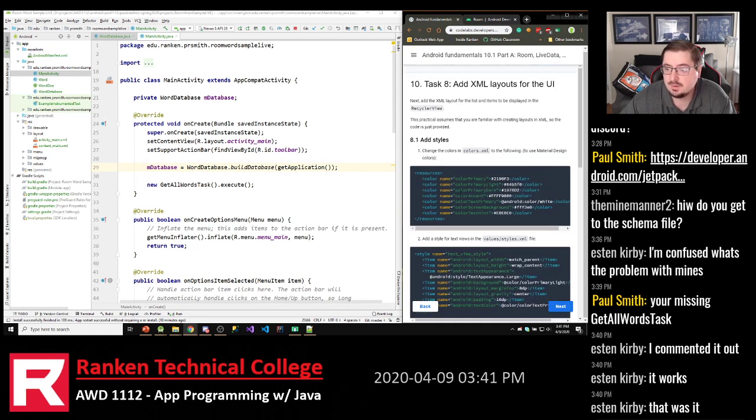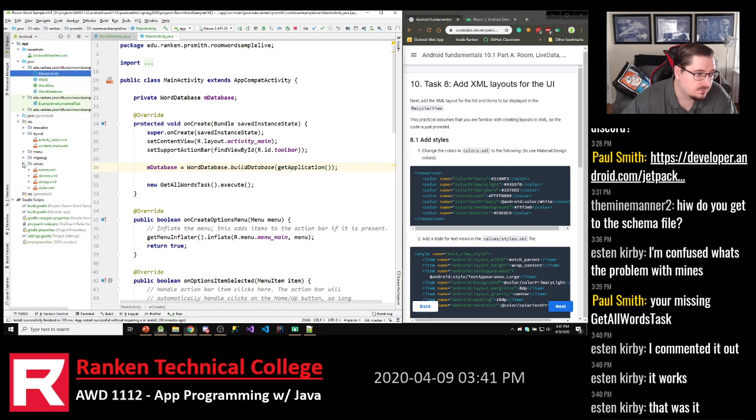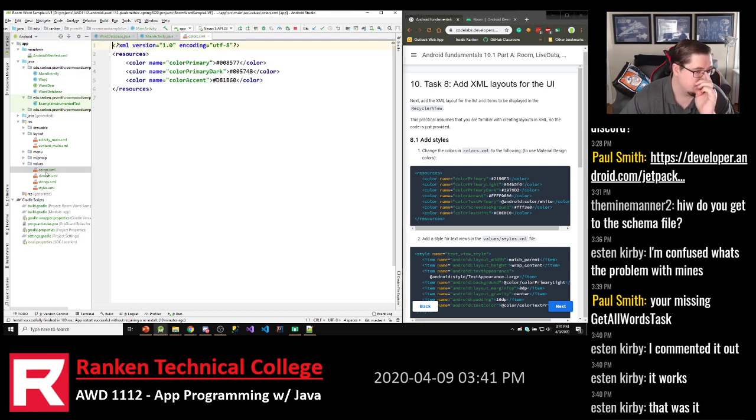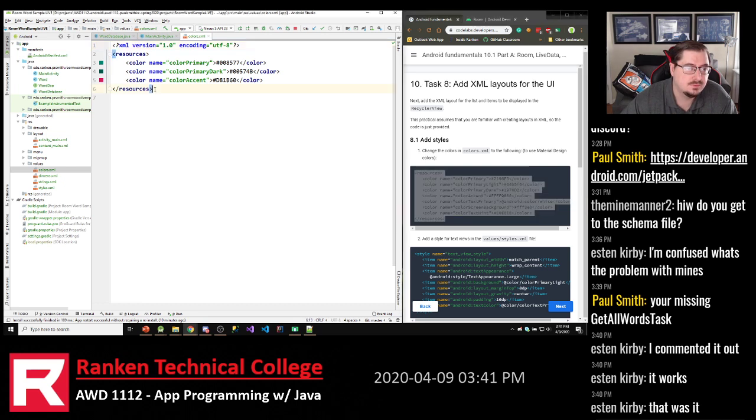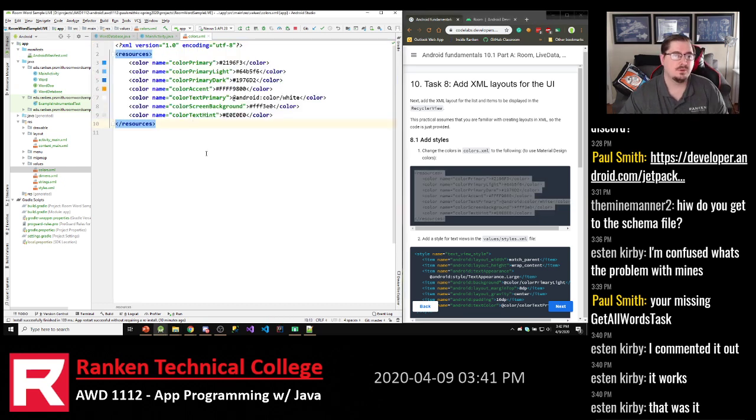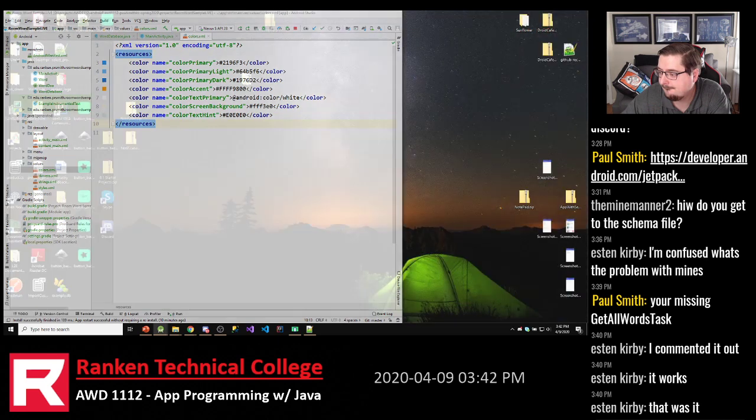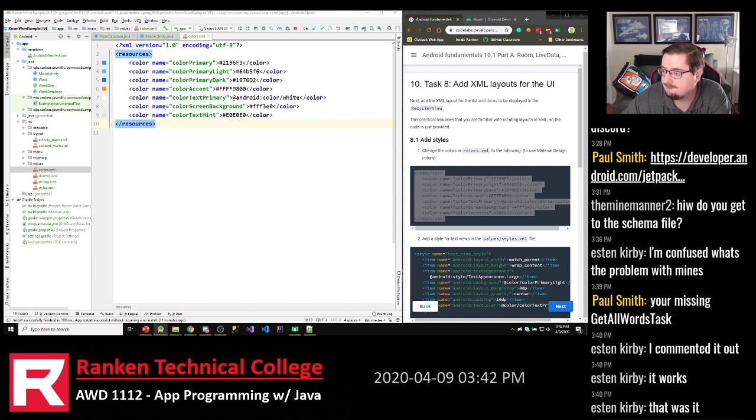Let's start at the top. The first thing I need to do in here is add some colors. These colors we're going to use for several of the tasks coming up. So down here, I'm going to add in all that code. We're going to add in all of those colors for primary, light, dark, accent, text primary. That's going to be used in all the things we do in a minute here. Okay, so once you've got those colors in,